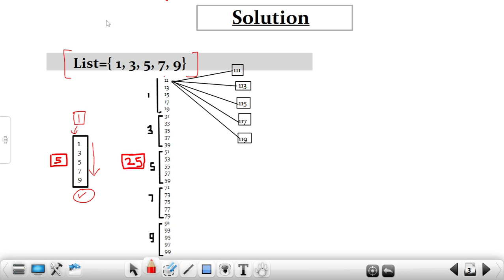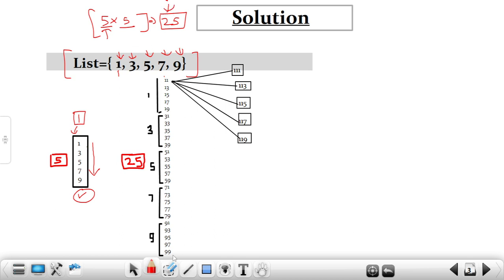For the two digit numbers, let's say we have the places for two digits, and for the first digit we have five options. We can either have 1 at this place, or 3 or 5 or 7 or 9. So any number can be at this place. So there are five ways. And what about the second digit? For the second digit again we have five ways, because the repetition of numbers is allowed, right? So we have five ways again, and the total numbers are going to be 25. So there are 25 ways to form a two digit number,